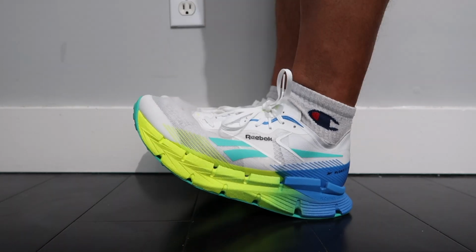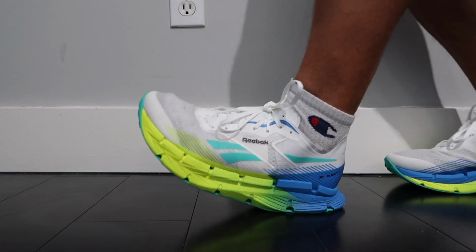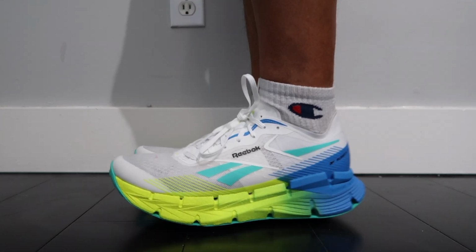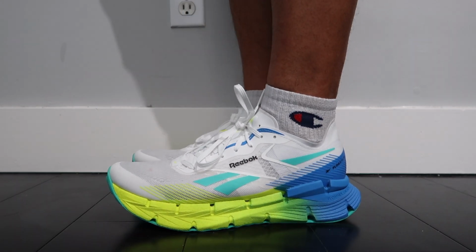So Reebok's website says that this is a full-length Floatride Energy foam midsole, and it's a little bit confusing, because if you scroll down the page, they also said that this is a dual density setup, so I'm not exactly sure if it's a full-length Floatride Energy foam midsole, or if there's also another foam involved, as well as